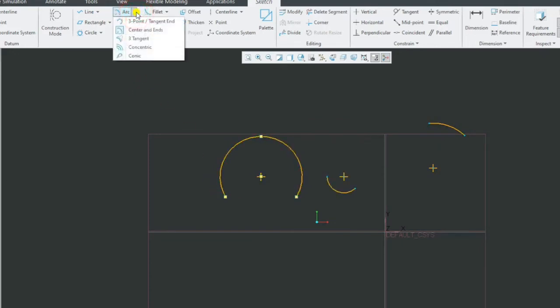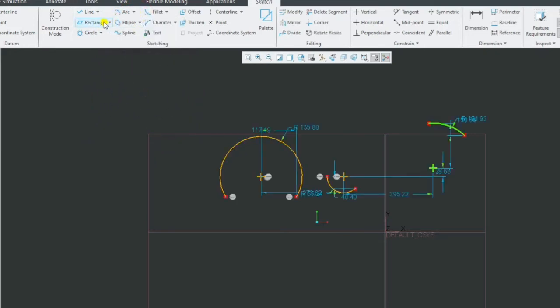Then we see the 3 tangents. As it defines itself, we require 3 entities, meaning already drawn drawings. So let us draw lines. Sorry, we are in circle arc mode, so we come out from this first.